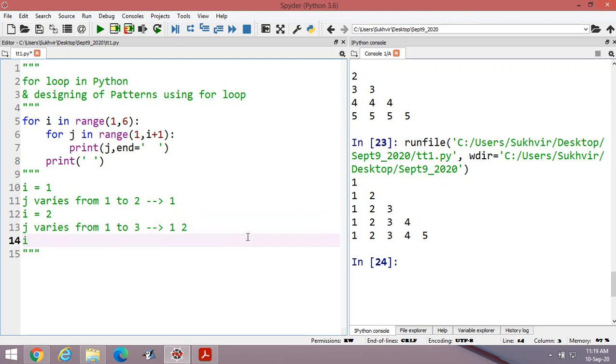If I is equal to 3, j varies from 1 to 4. It means the output is 1, 2 and 3, like this. In this way you can display the data up to the desired number of values. When I is equal to 5, you can display the data up to 5.